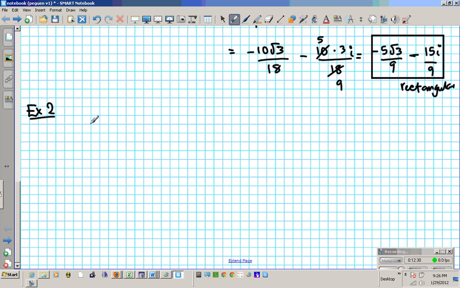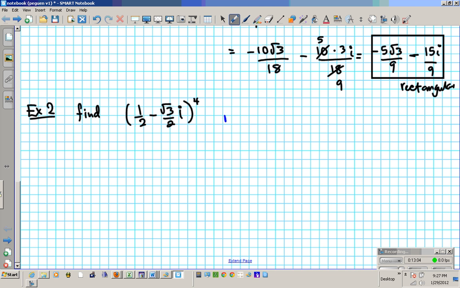Example 2. Find 1/2 minus root 3 over 2 i, to the 4th. Okay? So to do this one, in order for us to apply De Moivre's theorem, we need to express this in polar form first, because De Moivre's theorem says that you raise the